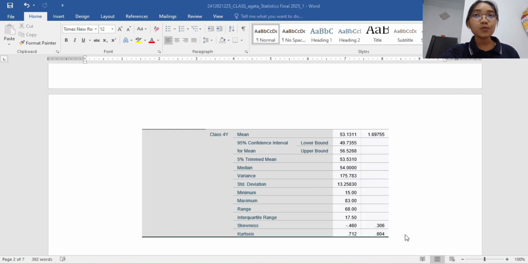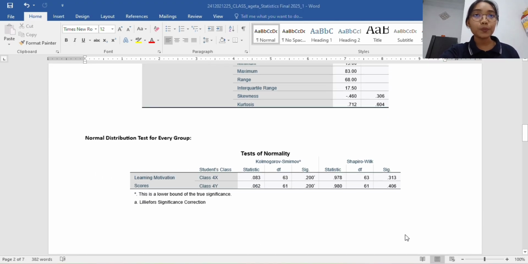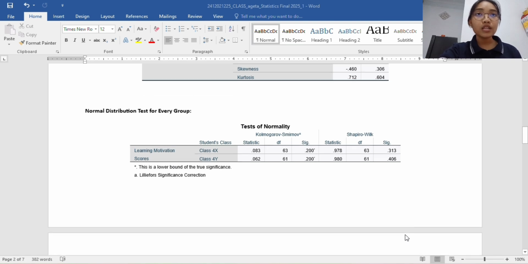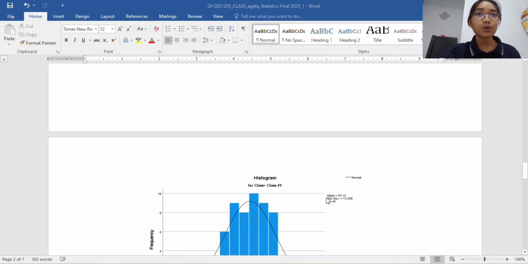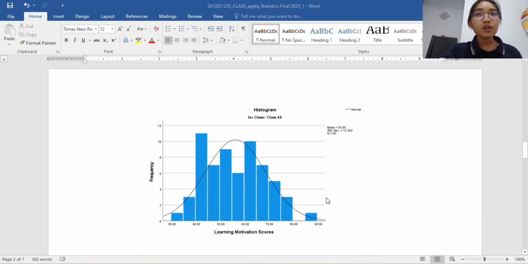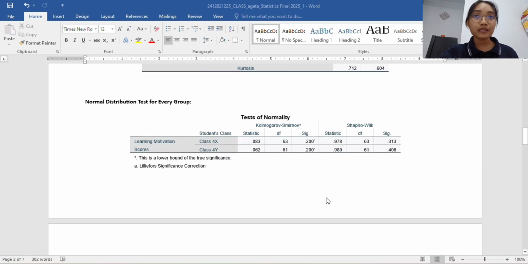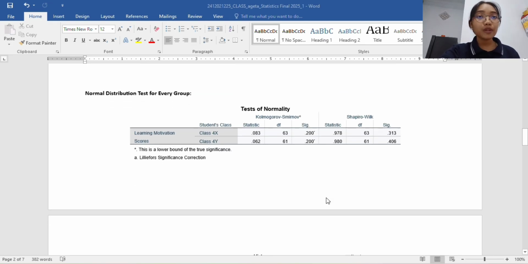A normal distribution test for every group. Here is the table of the test of normality and the histogram for class 4X and class 4Y. Based on the result of the normality test, the learning motivation scores of students in class 4X and class 4Y are normally distributed. For class 4X, the p-value in the Kolmogorov-Smirnov test is